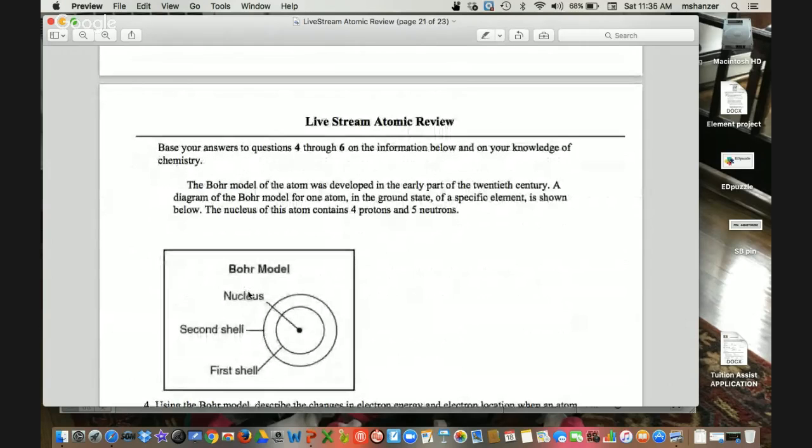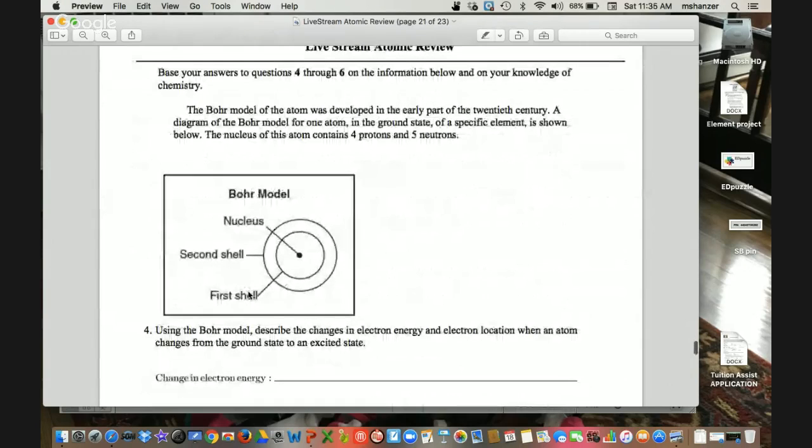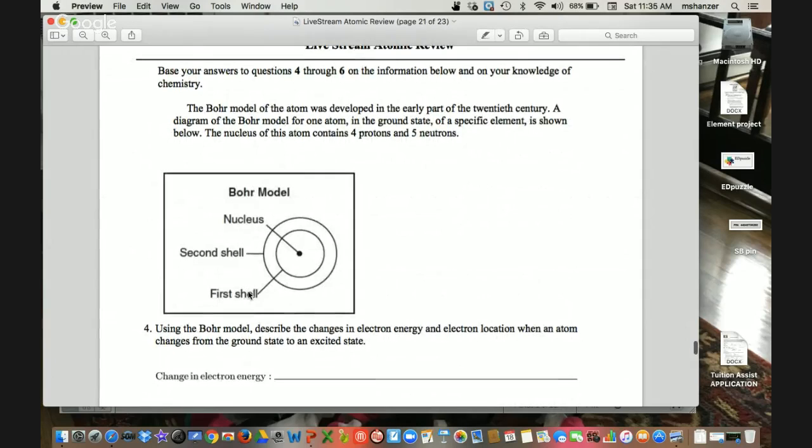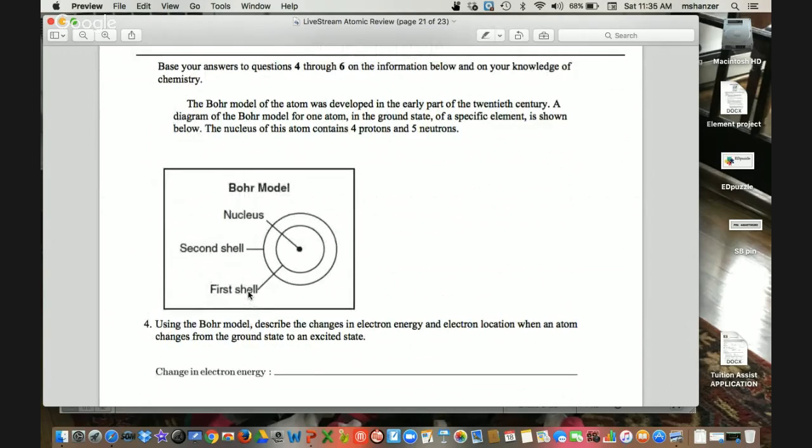Okay, so here we're looking at base your answer to questions 4 through 6 on the information below and your knowledge of chemistry. And just as a side note, I know we all live in the fast lane and you guys are busy, and this is probably going to be your last Regents, and you are going to be thinking about getting the Regents done. Please take the time to read directions, okay? It takes an extra second, and sometimes there's information in there that actually is going to be important for you. Same thing with the little